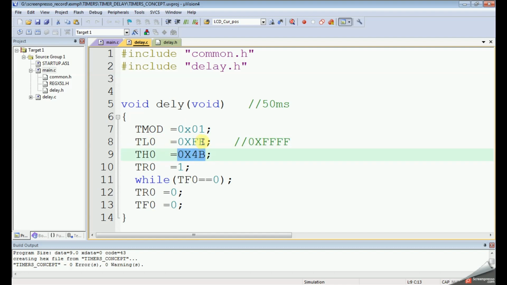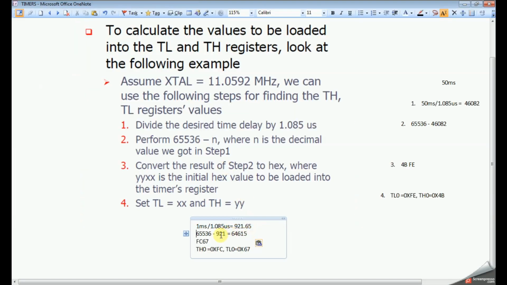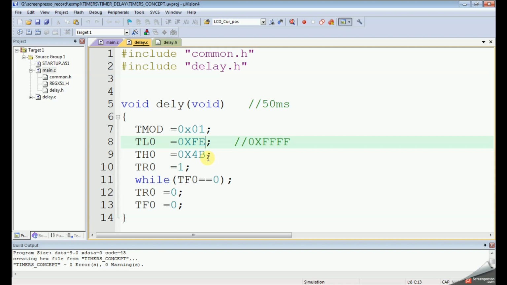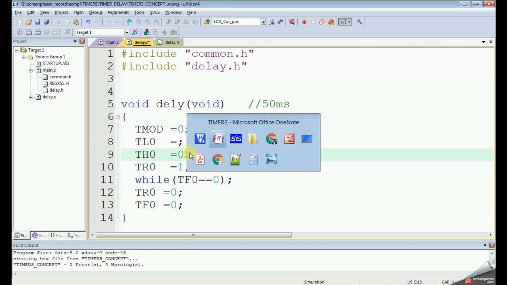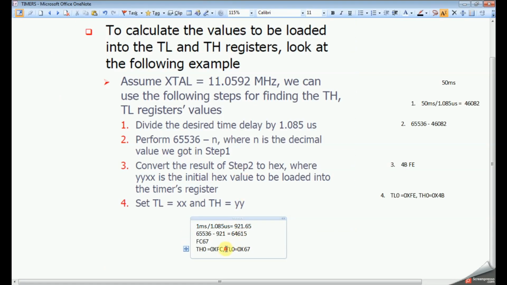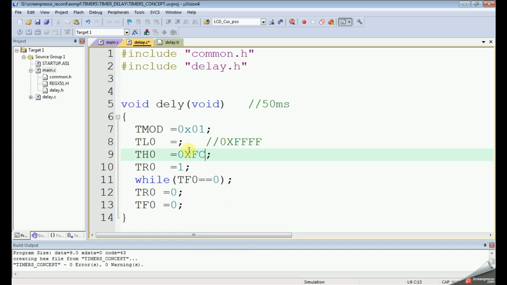That is, TH0 is 0xFC, and TL0 is 0x67. So it will start rolling from this value to the maximum value.